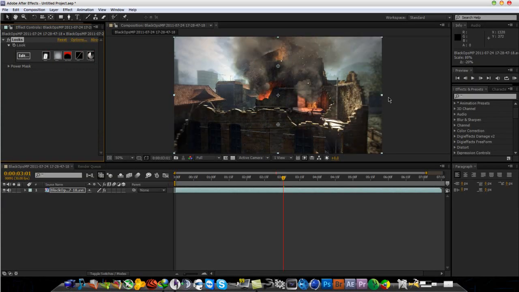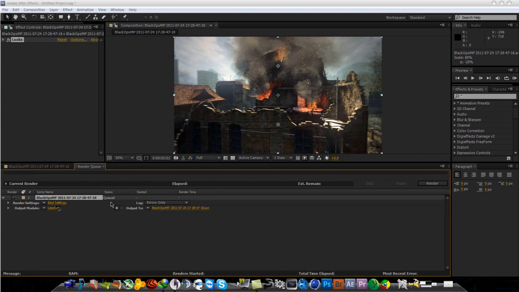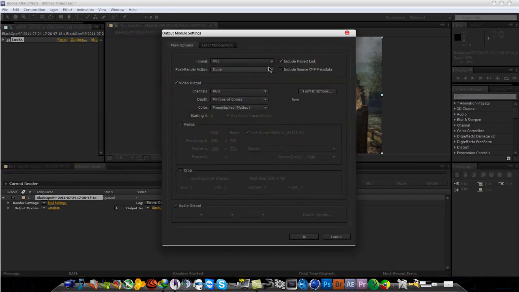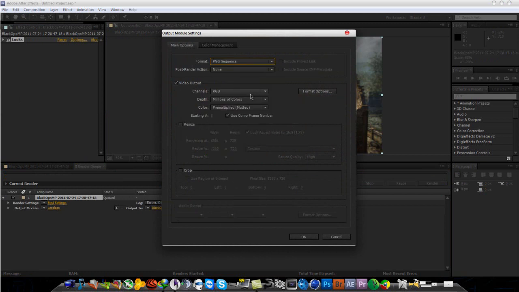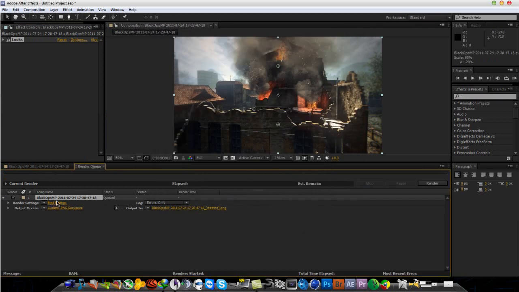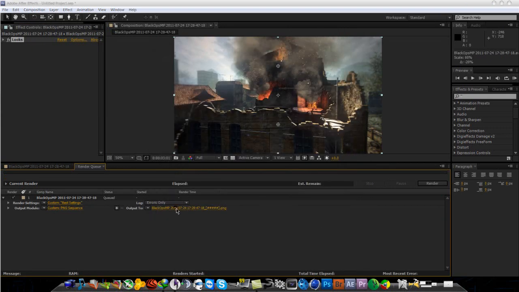That looks good. And so now what you want to do, if you're using Vegas, is just render it. And yeah, let me just add this to my render queue. The format you want to render it in is PNG sequence. So if you're using Vegas, just select PNG sequence, and use composition settings, and I'm gonna save this